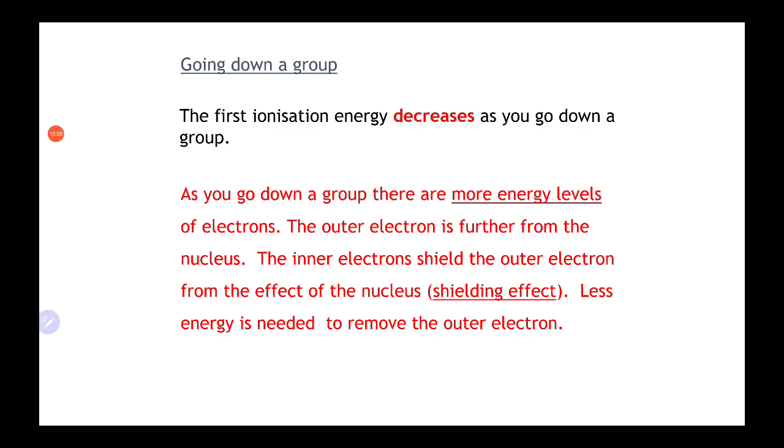So the same thing, if you're going down a group, remember you're always increasing the number of electron shells. As you increase the number of electron shells, that means the outer electrons are less tightly held to the nucleus. Remember that shielding effect term, where your inner shells shield those outer electrons from the pull of the nucleus. So what that means is that you're going to need less energy to remove